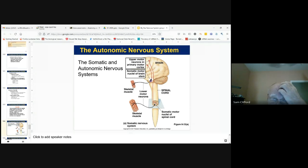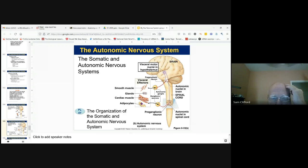This system is going to send information into the midbrain, and you're going to have control of skeletal muscle contraction. So every time you walk, you drive, you run, you move your body around at different postural arrangements, all that's going to be taken care of by the sensation of knowing that your central nervous system knows where all of these body parts are, how contracted the muscles are, how stretched the muscles are, the joint locations. All of those are going to be after coordination with the cerebellum. You're going to have contraction of skeletal muscles, which will put you in your desired position, sitting, standing, running, and so on. So the somatic nervous system is going to control